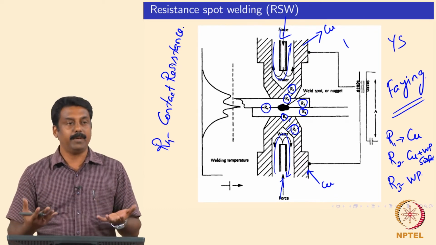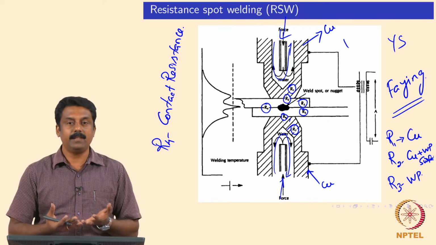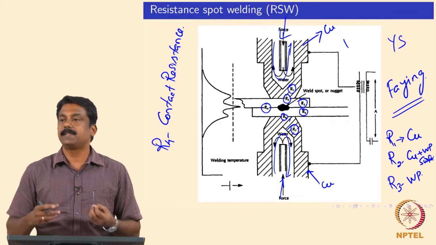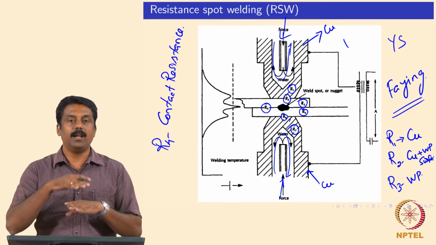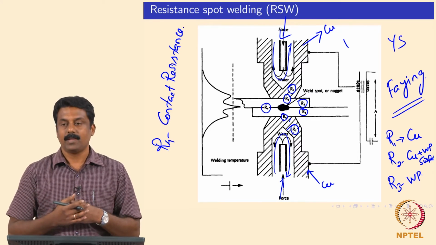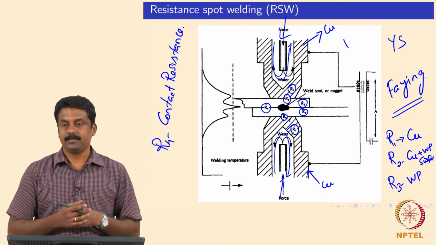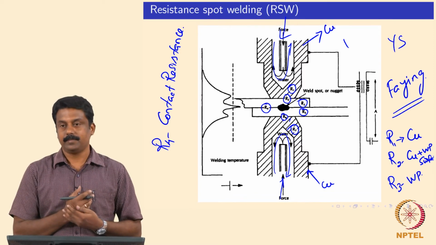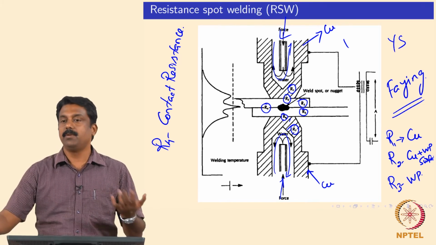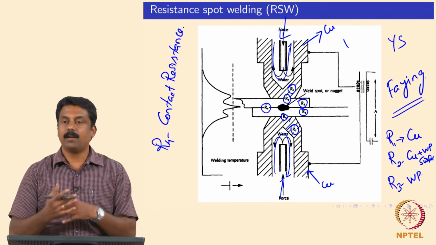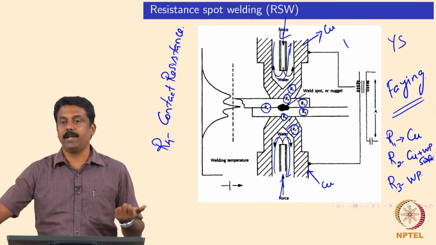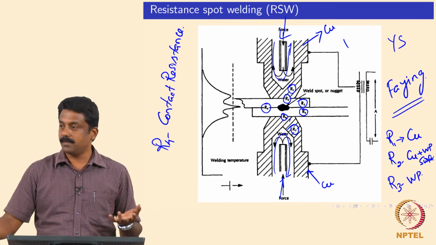The contact resistance is not a bulk resistance. Bulk resistance is a material property. Contact resistance depends on the surface roughness, the surface condition, and how hard you press the sheets together, the load you give. These all influence the contact resistance. For the surface condition, for example, you may weld a bare sheet, and in another case a coated sheet, and then the contact resistance is entirely different. Similarly, if you use a 2 kilonewton load in one case and a 5 kilonewton load in another, which will have the maximum contact resistance?